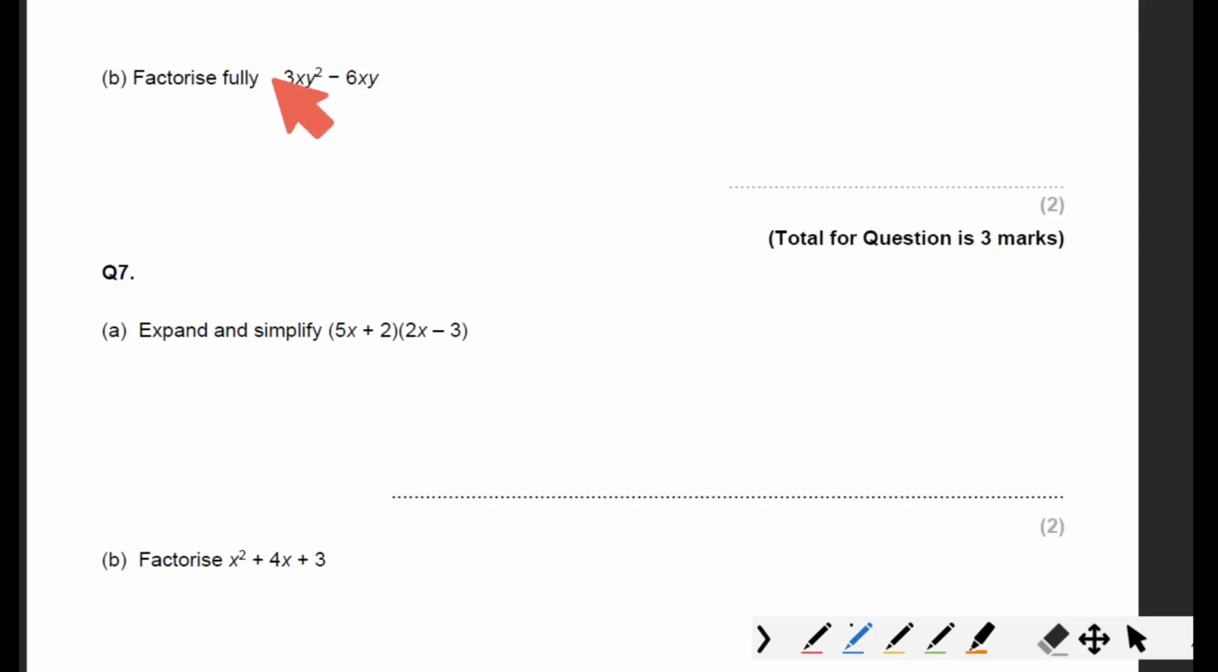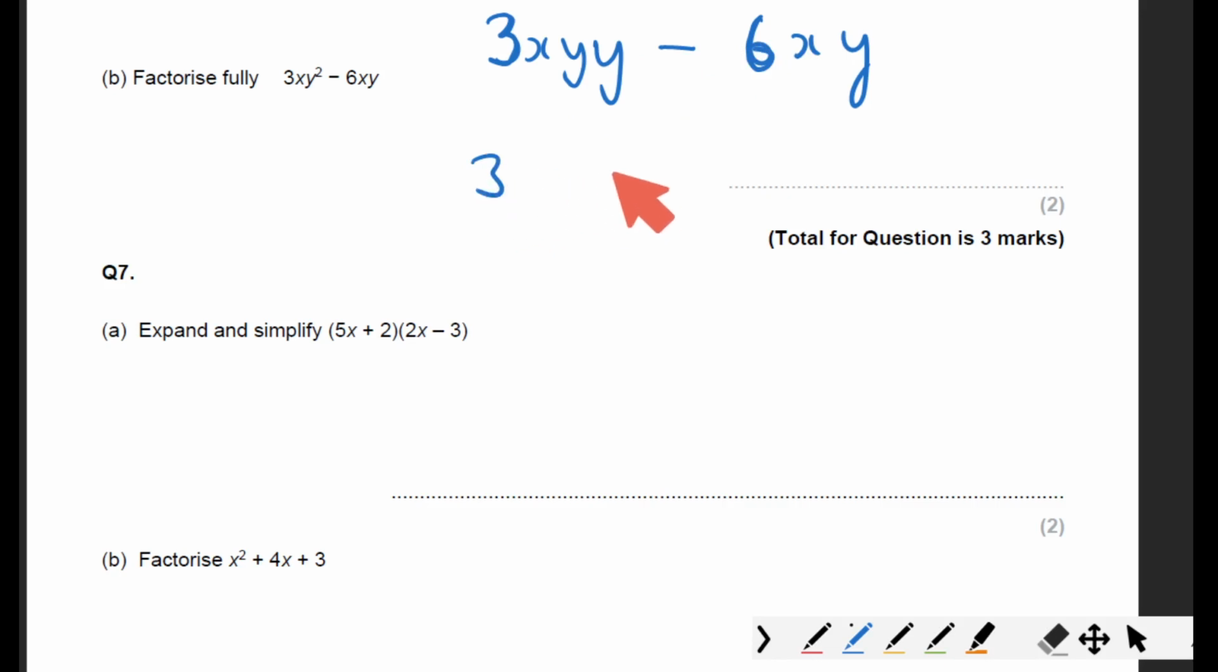Right, let me rewrite this so it's helpful. So that's 3x, y squared means y times y. Okay, I've just rewritten the question, I haven't done anything to it. Now, just look at the number parts, just the numbers. What's the biggest number that goes into 3 and 6? Or, in other words, which times table has got the 3 and 6 in it? It's the 3 times table, isn't it? 3 is in the 3 times table, 6 in the 3 times table, so put the 3 on the outside